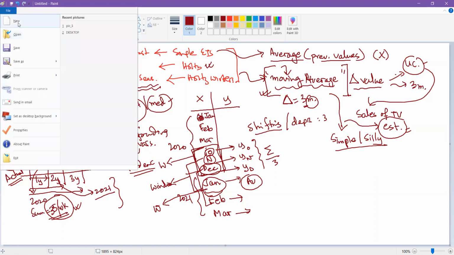Before we close the session, let's try to quickly look into the mathematics. I'm really sorry for this, but from an interview perspective, the mathematical side of things is really also important. So let's quickly look at the mathematics. Autoregressive method. Simple enough, but it does have a mathematical representation as well.